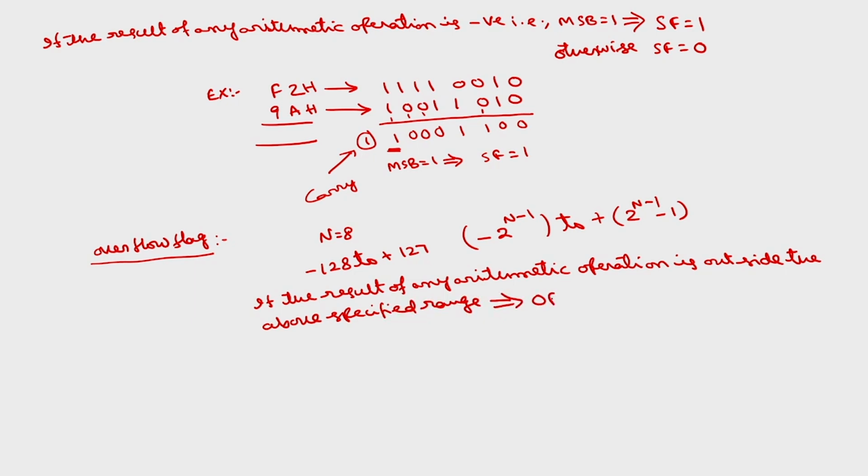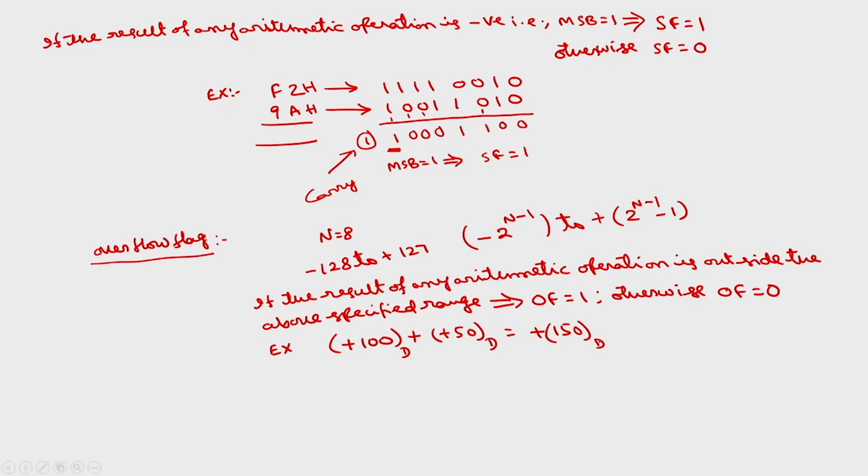This implies the overflow flag is set, otherwise reset. For example, if I want to add plus 100 plus 50, assuming this example is decimal, what will be the result? Plus 150,